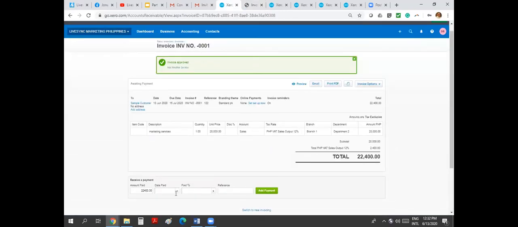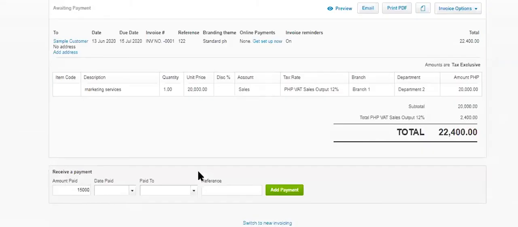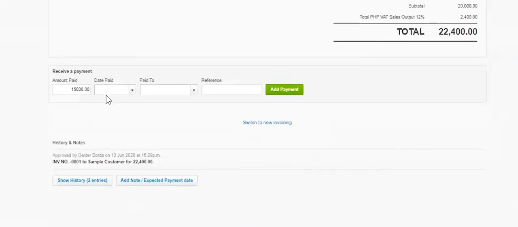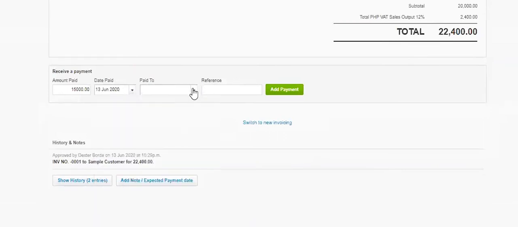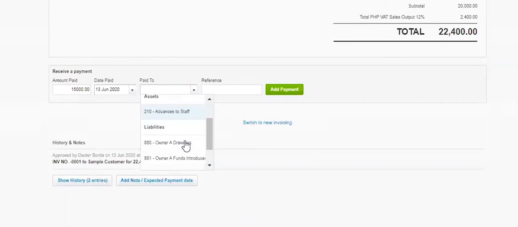Now we are ready to make a partial payment for this. Let's say I'm making a payment of 15,000. What I would do is I would just select the date of the payment. Let's say I get the payment today as well. Now look that when we're making the payment,